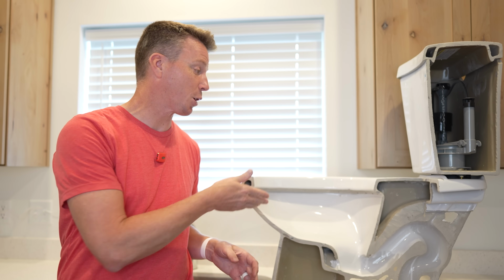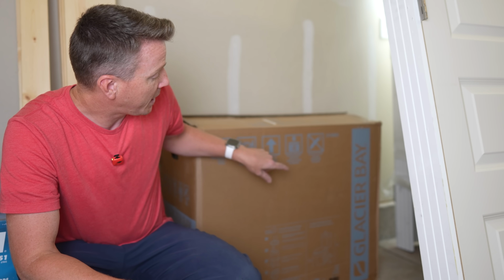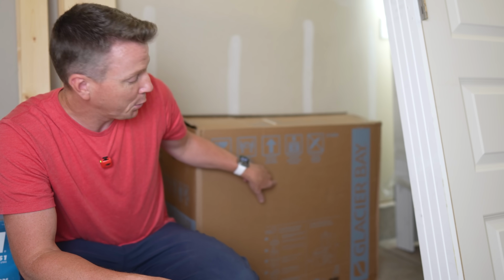Now, I'm not suggesting that you go and eat your dinner off of it or anything, but if I had to choose between the toilet bowl here and a kitchen sponge, I think I'd take my chances with the porcelain throne over here. Just a quick side note, I've got yet another toilet right here, Glacier Bay Beauty right here,